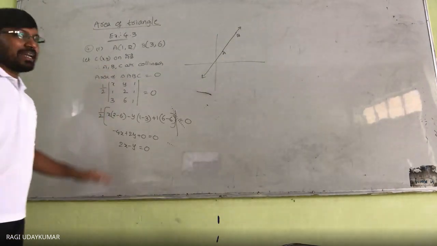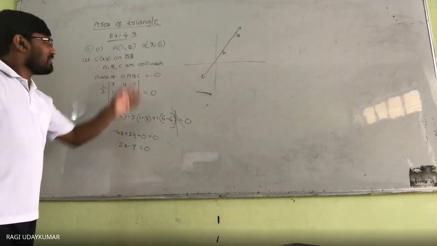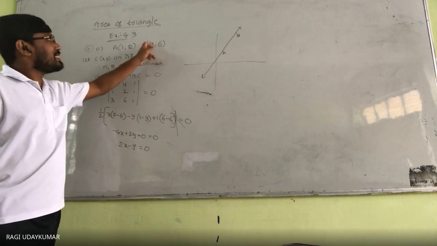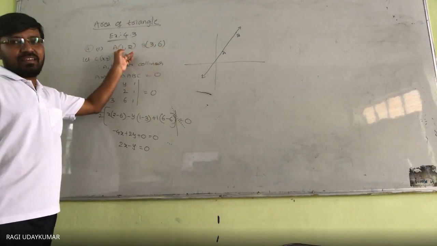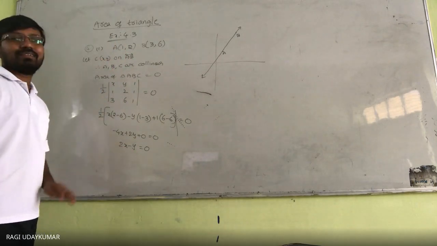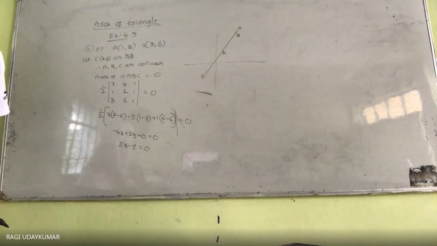But there is no need to do so much. Observation. See, already Malika said that y is equal to 2x. Just by observation, how can you say? This is double of this, this is also double of this, so this will also be double of this. That's why y is equal to 2x. Did you get my point? Yes, sir. Minimum common sense.